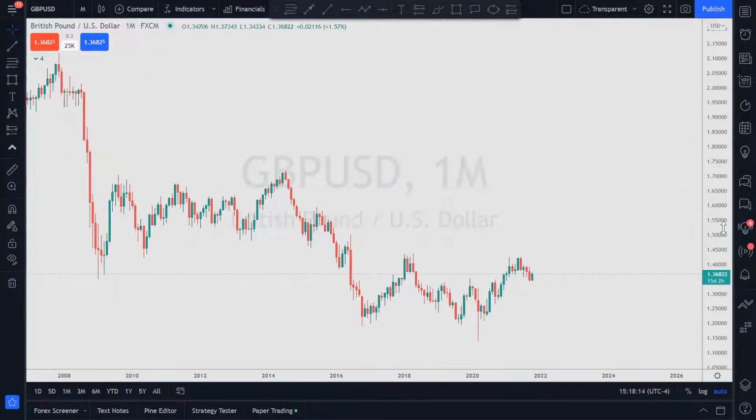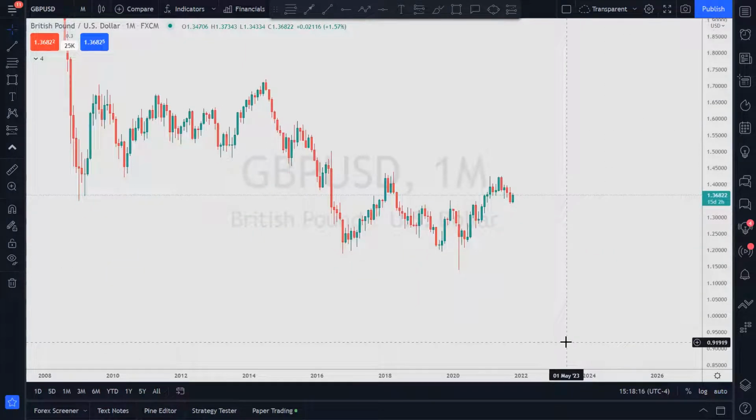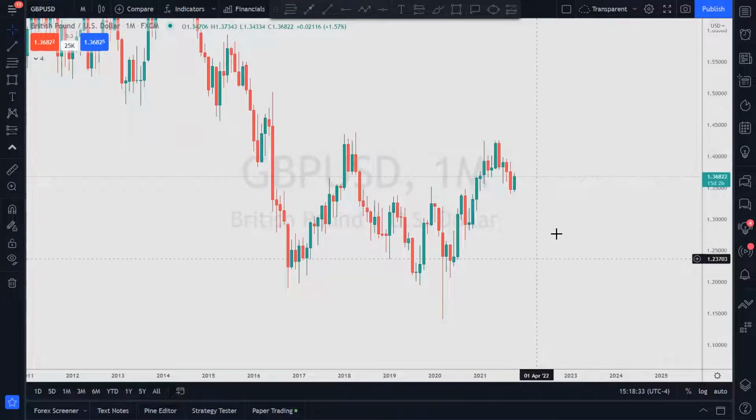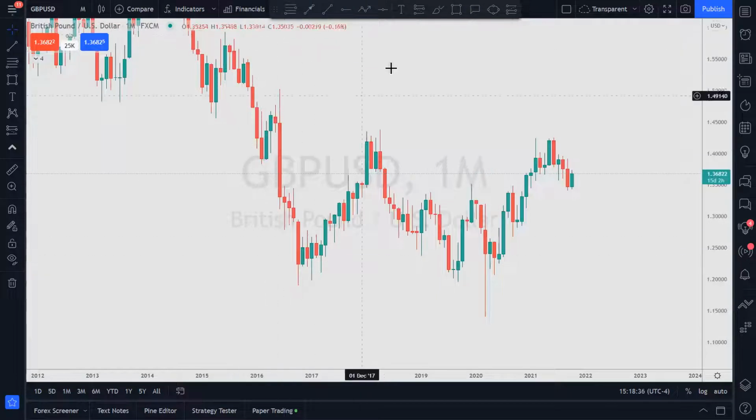What do we want to notice about the monthly? Why do we want to come all the way to the monthly? Because the monthly gives you a framework. Lower high, lower low, lower high, lower low. All right. What was the last break of structure? That's all we need to ask. We don't have to go through every single high and low. Where was the last break of structure? Was it bearish or bullish?